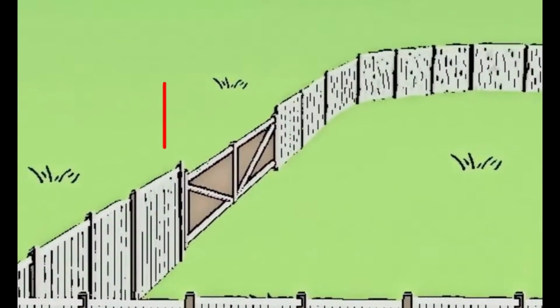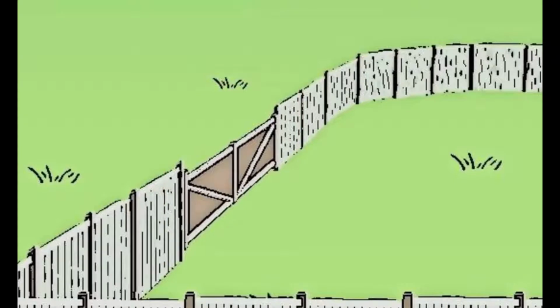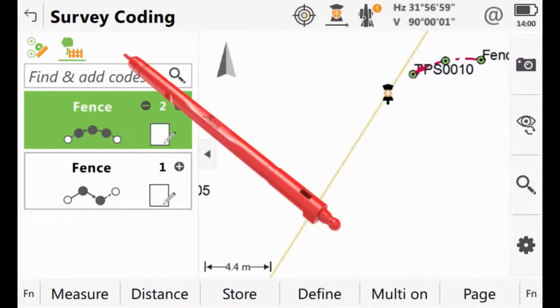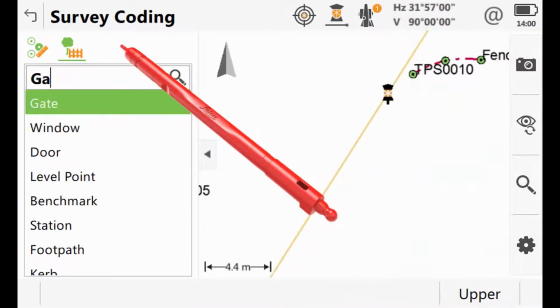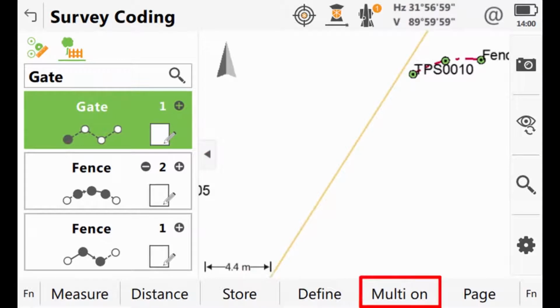Then after that, we actually have a connection between the gate and a new fence. So let's see how we can handle this within Leica Captivate. The first thing we need to do is to prepare a gate code box. Once we have that, we can use the new function multi-on to select multiple codes to be used at the